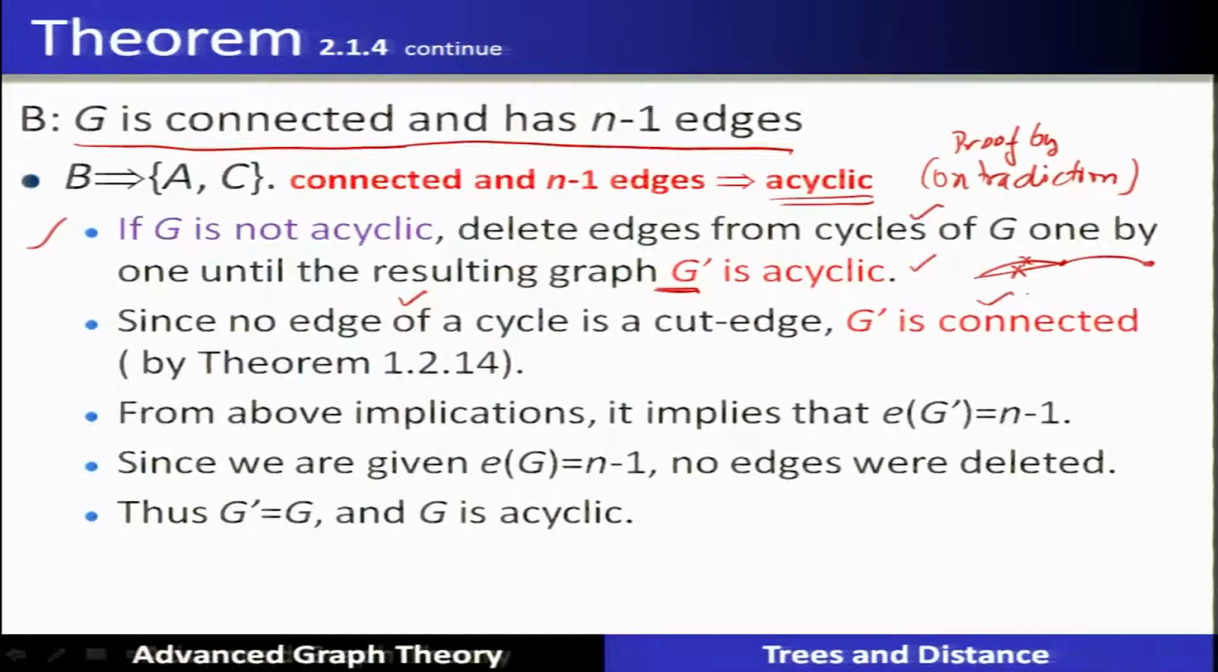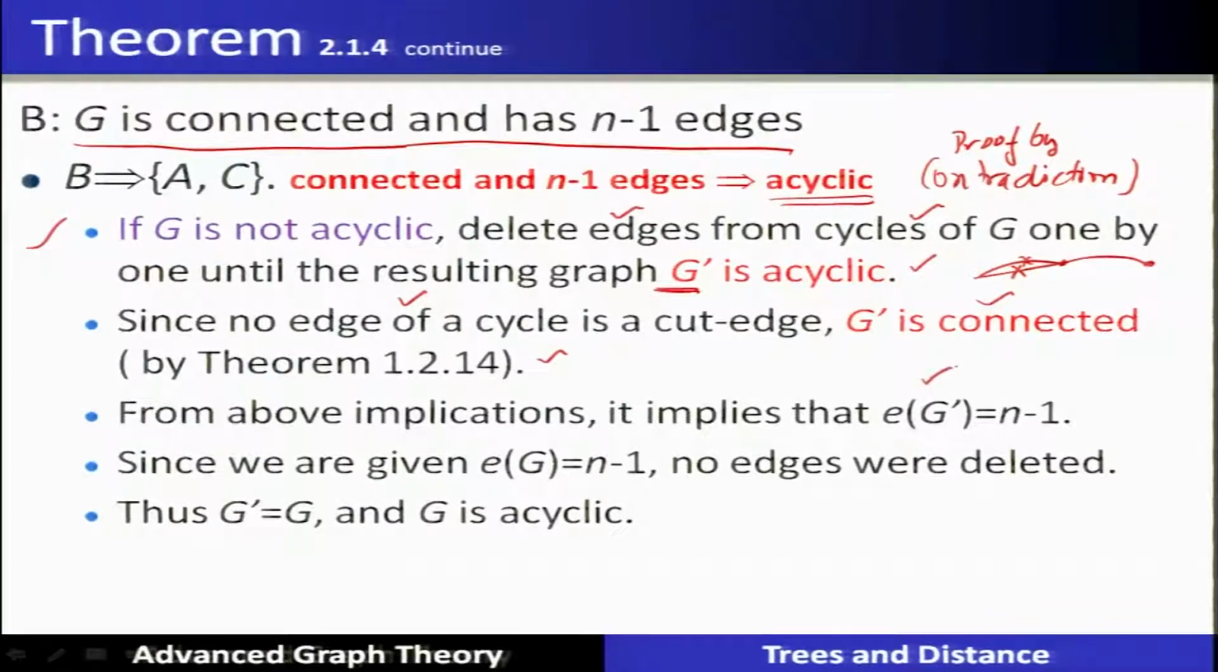Therefore, G prime is connected by the theorem. Why? Because it is not deleting the cut edges, but it is deleting the edges out of the cycles. Hence, by Theorem 1.2.14 that we have seen in earlier lectures, removing an edge from a cycle will not disconnect the graph. Why? Because they are not the cut edge. So, from the above implication, it implies that